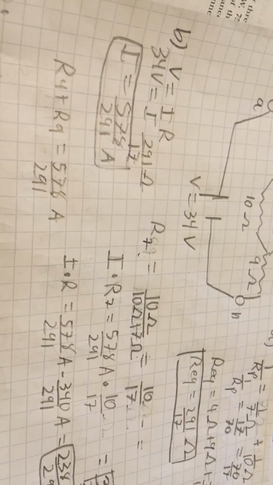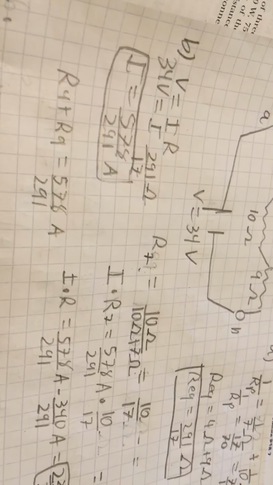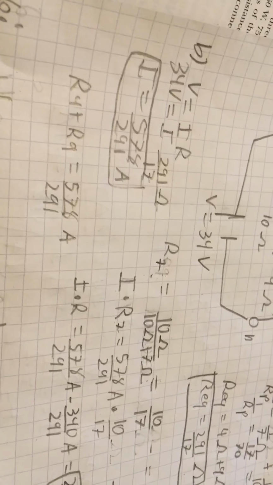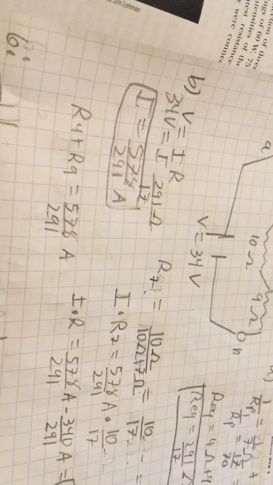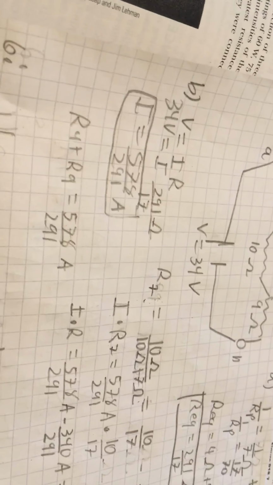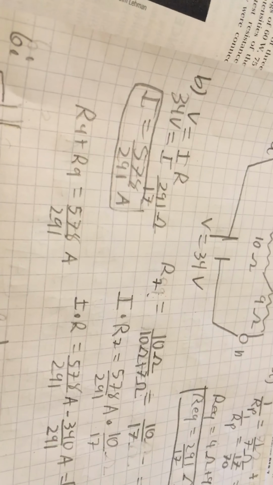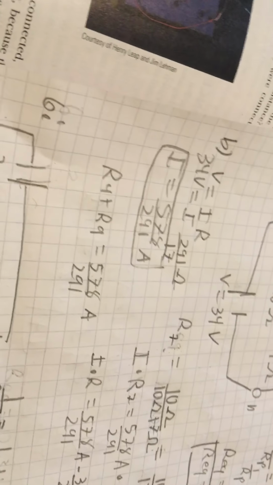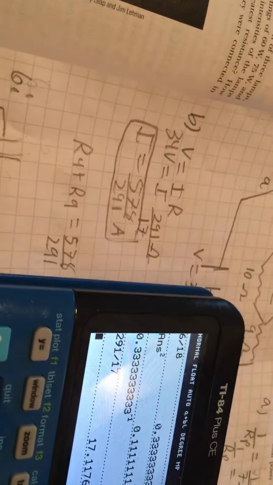In part B, you're going to have to use volts equals current times resistance, which is 34 volts equals 291 over 17 ohms times current, and you get current equals 578 over 291 amps. Again, you can go back to the calculator, and